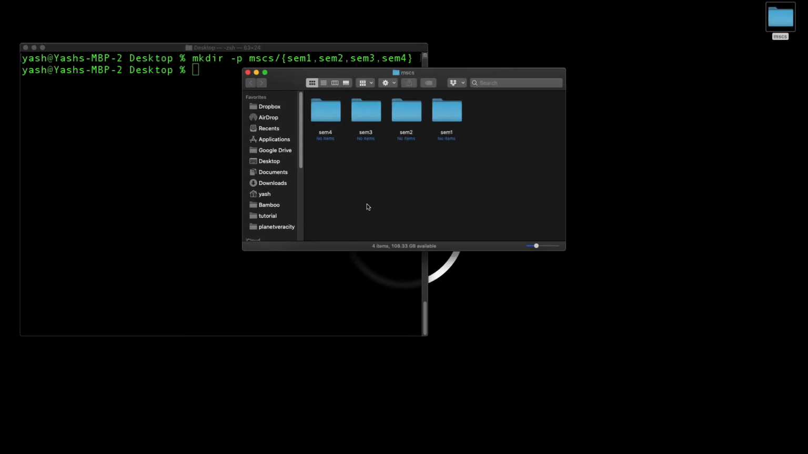You will do a curly bracket, you will do sem1, sem2, and make sure there are no spaces, just commas and the name of the semester. sem3, sem4, and close the curly braces and hit enter, and we can see the whole structure created